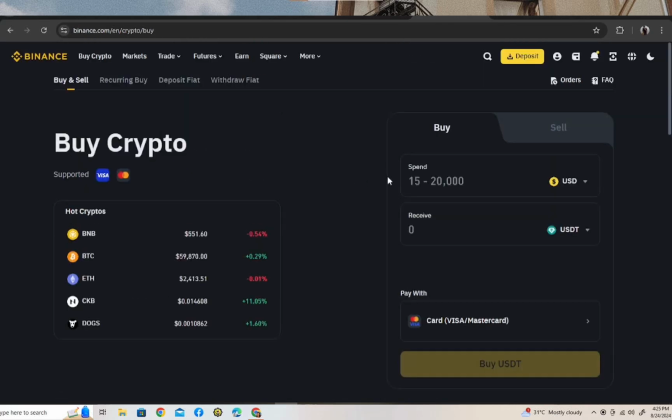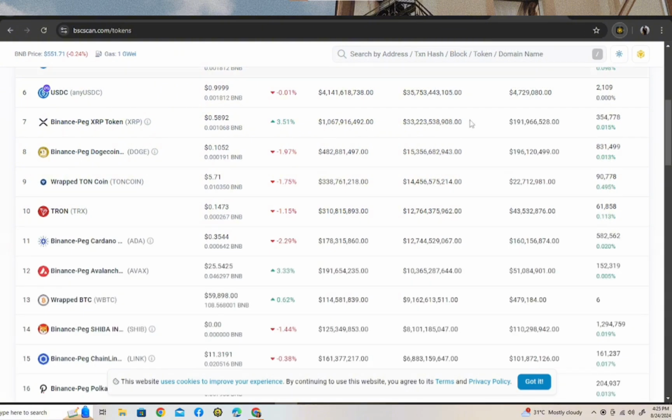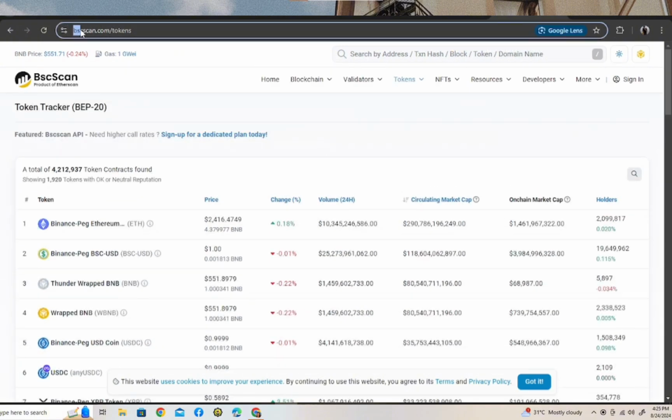In this video, I'm going to show you how to add a custom token to Binance. It's very quick and easy, so let's start. So the first thing you have to do is go to this website. Just search on your browser